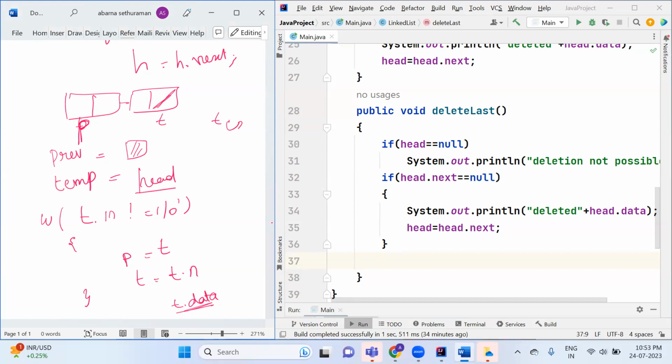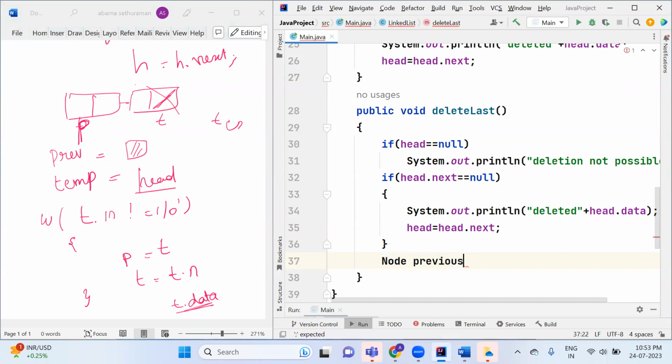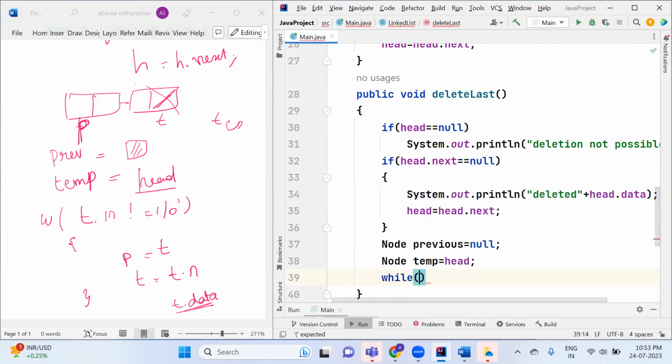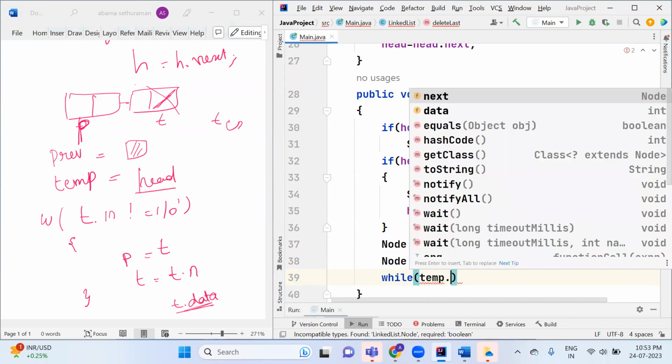We will be assigning temp to previous. So previous will be this. So previous dot next has to be null. So this will be getting deleted. So we will see how we can do this. Take for example, previous is equal to null, and we will be having node temp is equal to head. That's it. So we have created it, and while of temp dot next